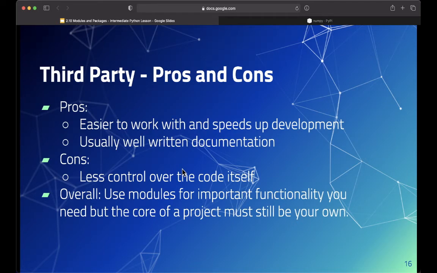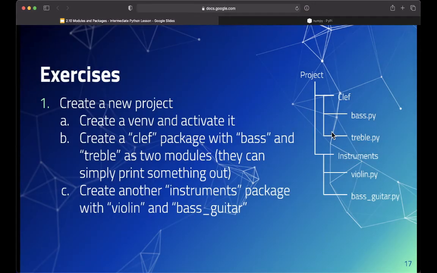So overall, modules are important because you can access functionality that is core to your project, but you're still developing the large majority of it, which is relevant to what you need. It's just that the stuff that you don't want to have to code out, that other people have, you can just use. Okay, so now that we're done with this, we'll take you through a few exercises